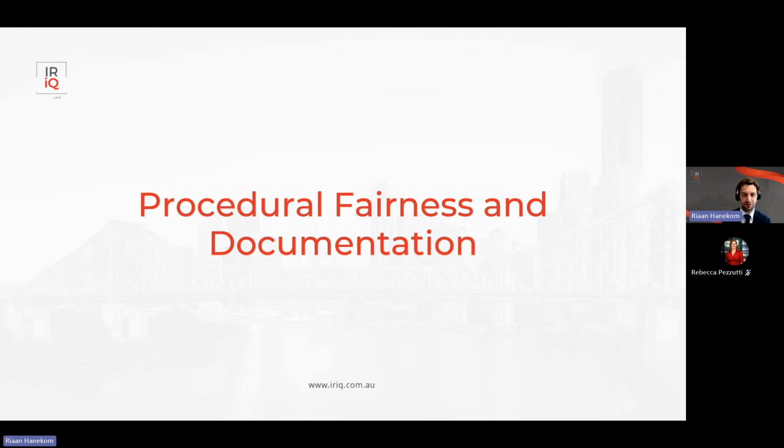I think at the outset, it's also useful to consider why we are so concerned with managing performance. It might sound like a question with a fairly obvious answer. But I think first and foremost, you've already expended the time in hiring the specific employee. It's almost always more efficient to train that employee and help them correct their performance, rather than going through the motions of, assuming the process is done correctly, a termination, and then hiring another person into the role and training them up for it. So there's an obvious benefit to the business in that sense.